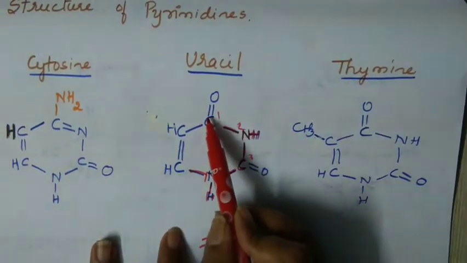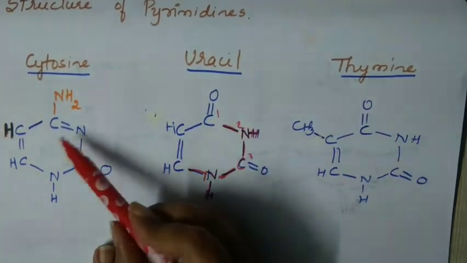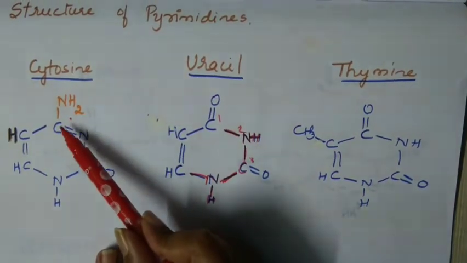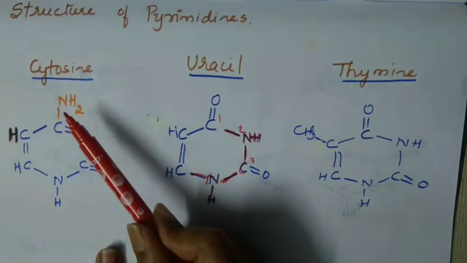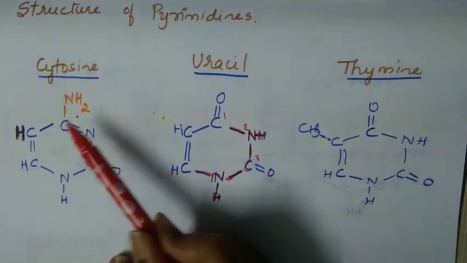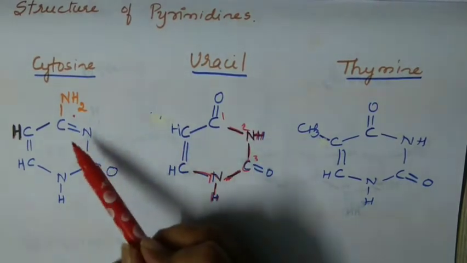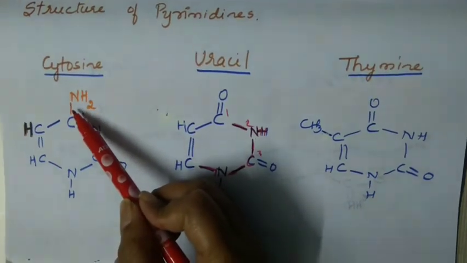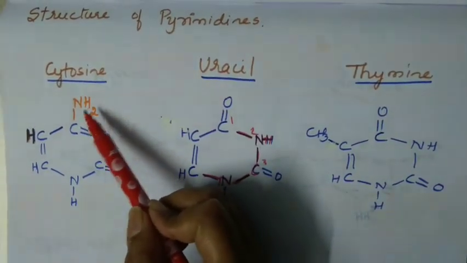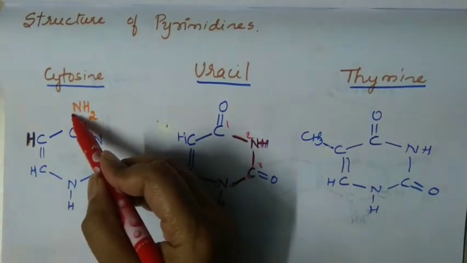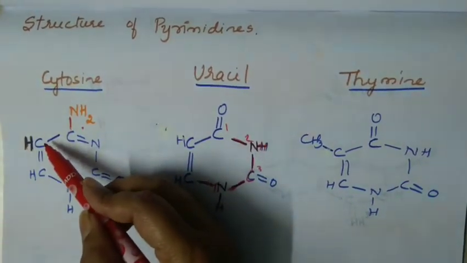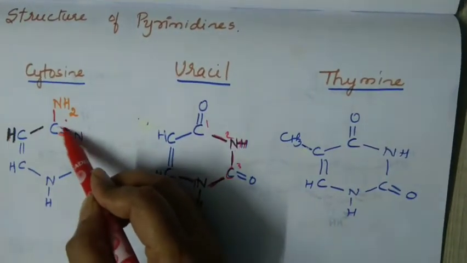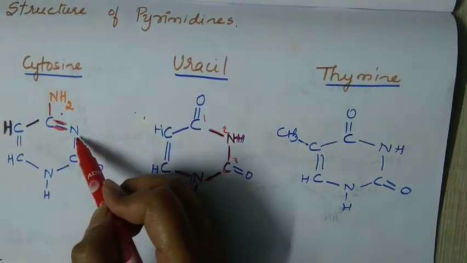Now, if you replace this C double bond O by an NH2 group, it is called cytosine. That's it. And whenever you write NH2 here, please check the valency of carbon and nitrogen. Here it is NH. Here we shall check. So C double bond O has gone, so you cannot write C double bond NH2. You need to satisfy the valency, so you get a single bond here. So complete the valency. 1, 2, 3 and the 4th bond will come here. So valency is complete.